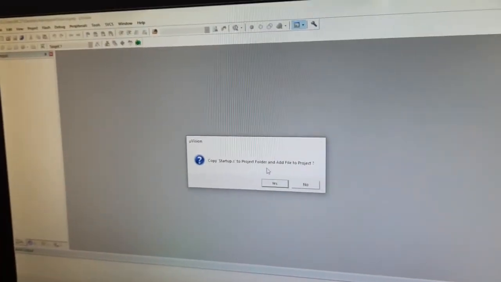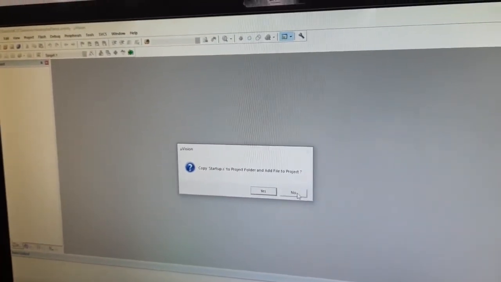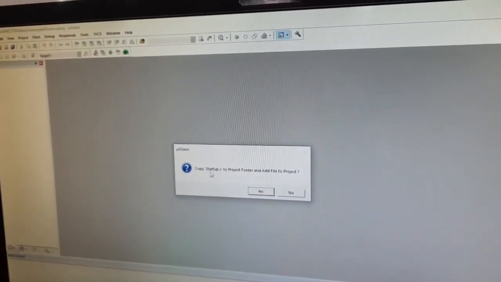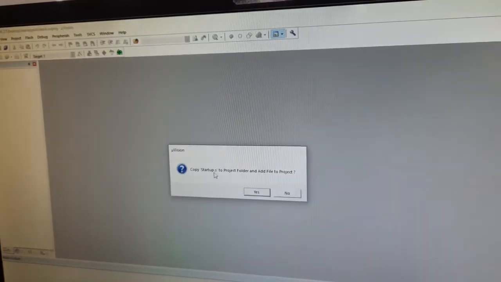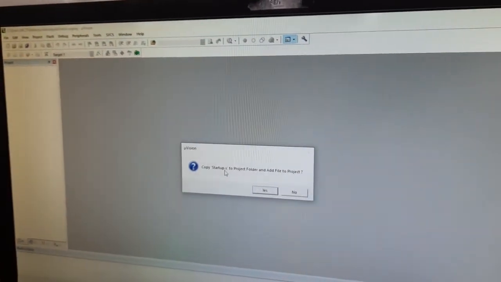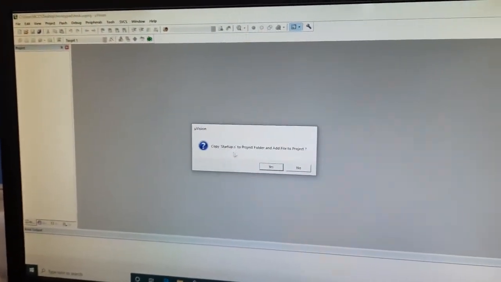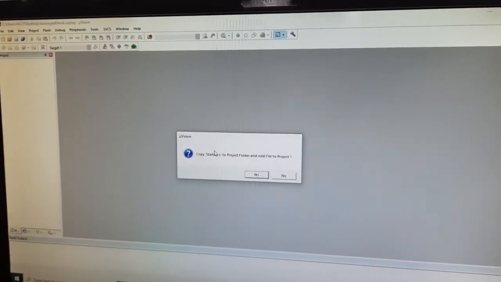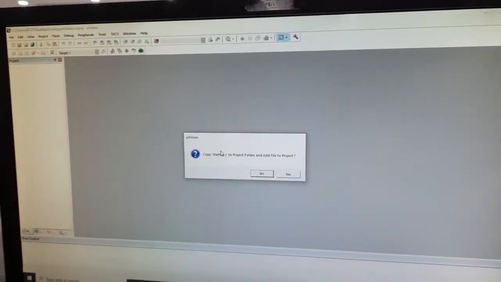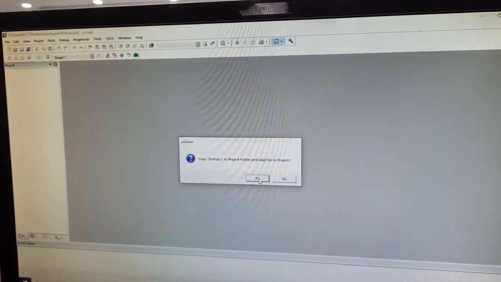There you have to click no, because we don't need startup.s in assembly level language programs, but we need it in embedded C programs, that is part B hardware programs. So you have to click yes here.